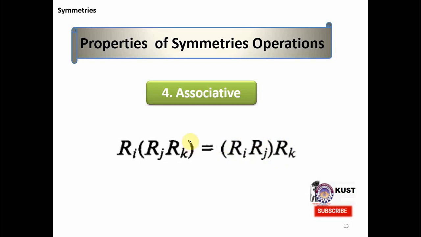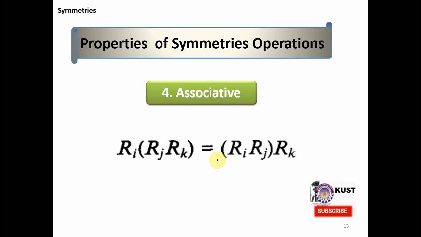So on the left side we have done first Rk and Rj and then Ri. On the right side we have done Rj and Ri and then Rk. So in either case the result will be the same, and this property is called the associative property of the symmetry operations. Okay, so we have completed all the four properties, although I have not given you the exact check,